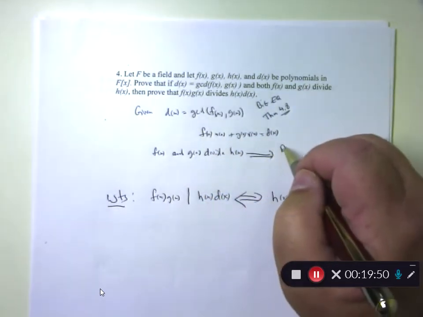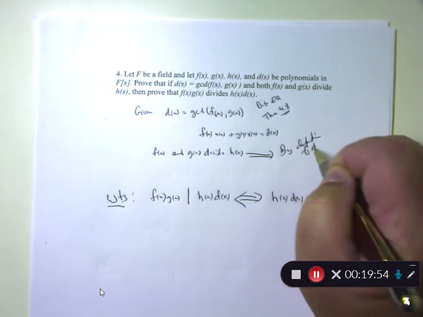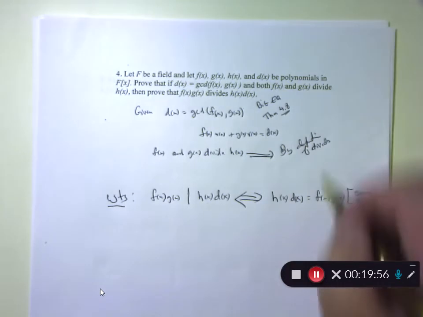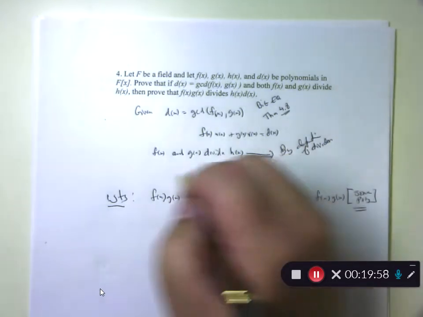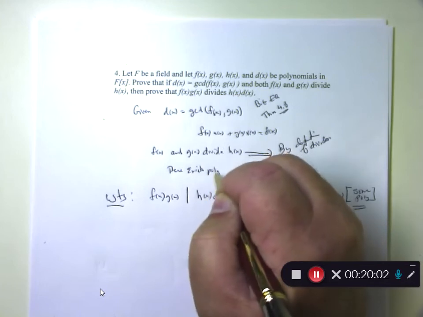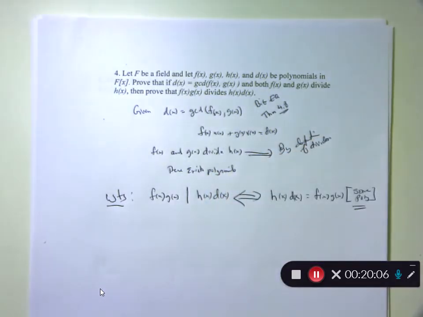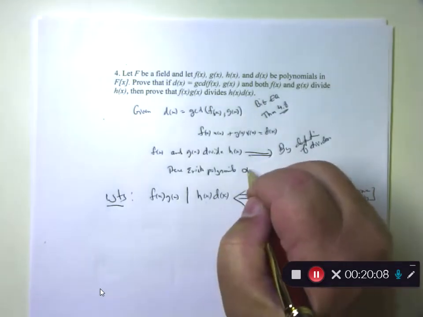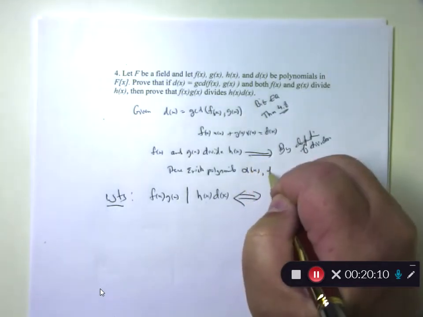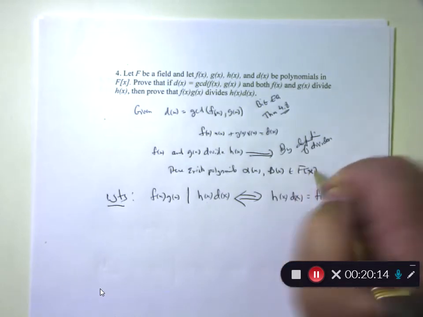This is by definition of divides, and remember your wording. Declare them before you use them. There exist polynomials. What do you want to call these guys? Just to throw you guys completely off, alpha of x and beta of x, elements of F adjoin x, such that,